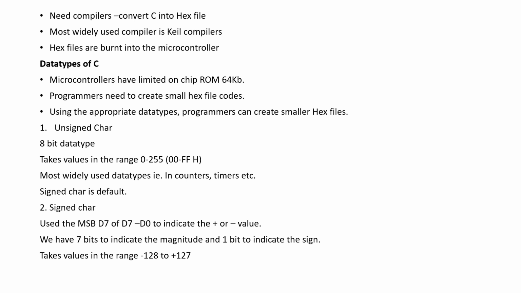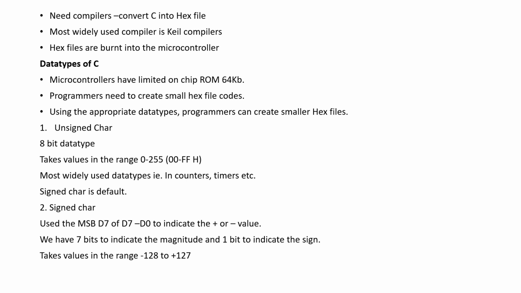If you are writing a character data type, by default it will be a signed data type. So if we do not need a signed data type, like when we need to use only positive numbers, we need to declare that it is unsigned in the program. Otherwise, by default, the program will use the data type as signed.